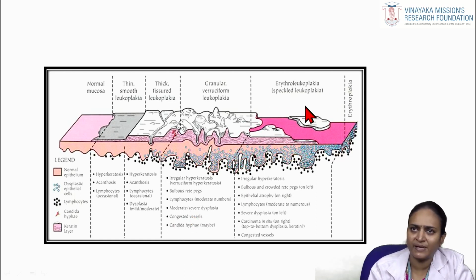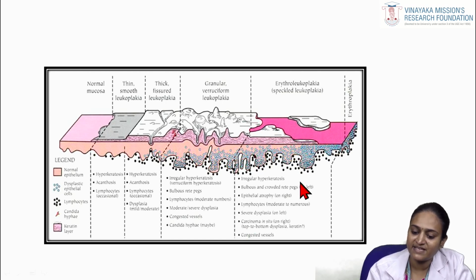Erythroleukoplakia is also called speckled leukoplakia. In speckled leukoplakia, you can see the irregular hyperkeratosis, bulbous and crowned rete ridges, epithelial atrophy, and lymphocytes along with severe dysplasia. Here you can see the severe dysplasia within the top to bottom of the epithelial layer,